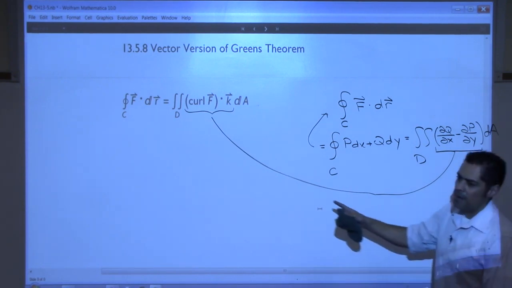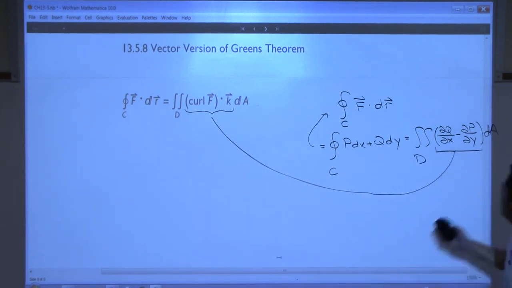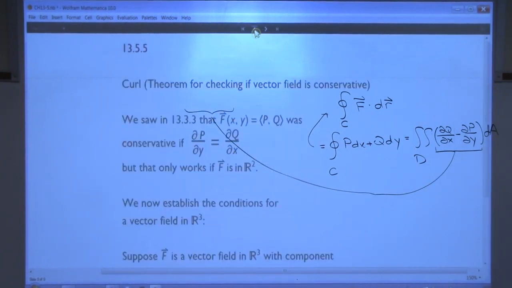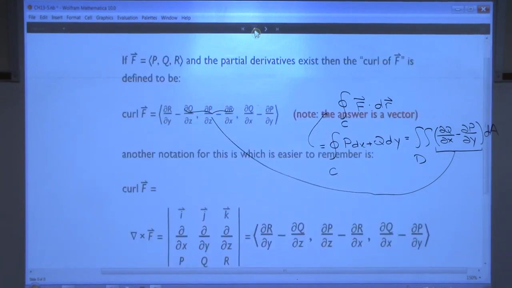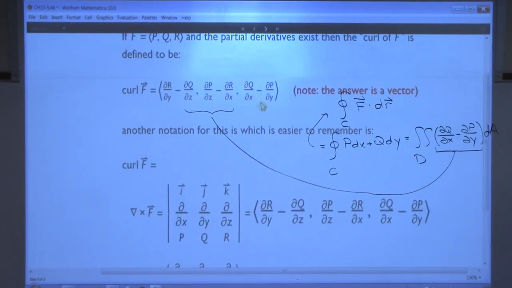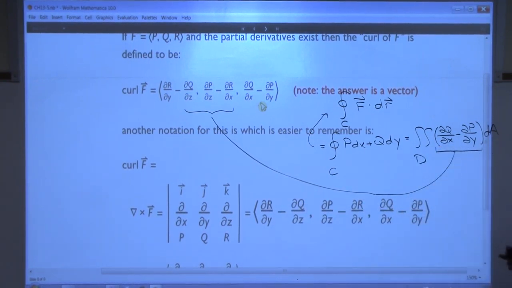Yeah, what's the curl of f? Well, let's go back in the notes real quick. Curl of f. There it is. Okay, there's the curl of f, right? If I dot that with k, because that's what that formula said just a second ago, dot that with k,